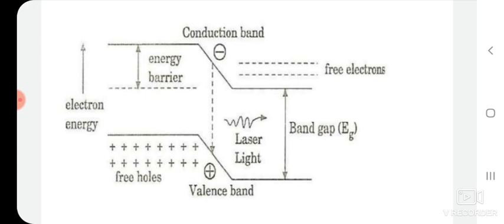Now the region around the junction contains a large amount of electrons in the conduction band and a large amount of holes in the valence band, as shown in this energy level diagram. If the population density is high, a condition of population inversion is achieved. Once again, if population density is high, a population inversion is achieved.